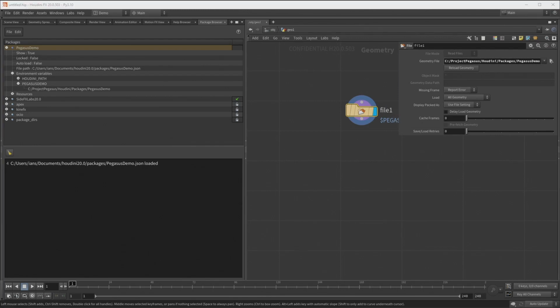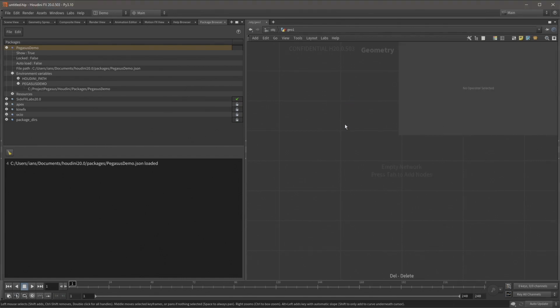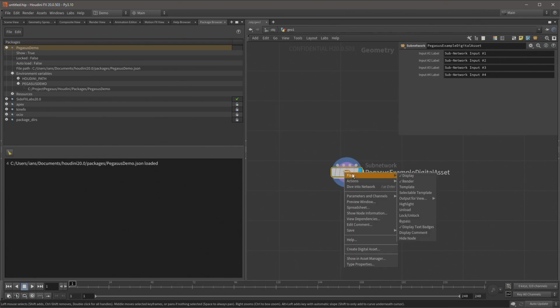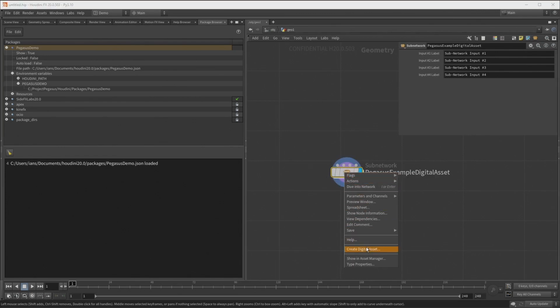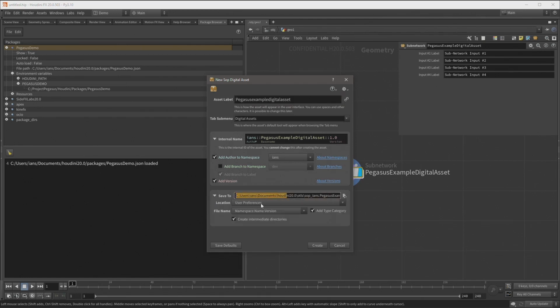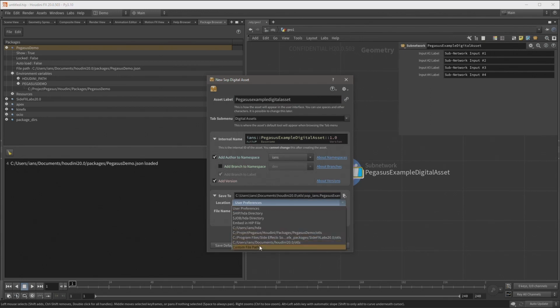We use this variable as a team when saving our Houdini digital assets, and I'm going to demonstrate that now. I am just going to create a null, place this inside a subnet, and call this Pegasus example digital asset. And right click, come down to create digital asset, and come down to save to. Currently it's saving into the user preference directory. I'm going to set this to a custom file path